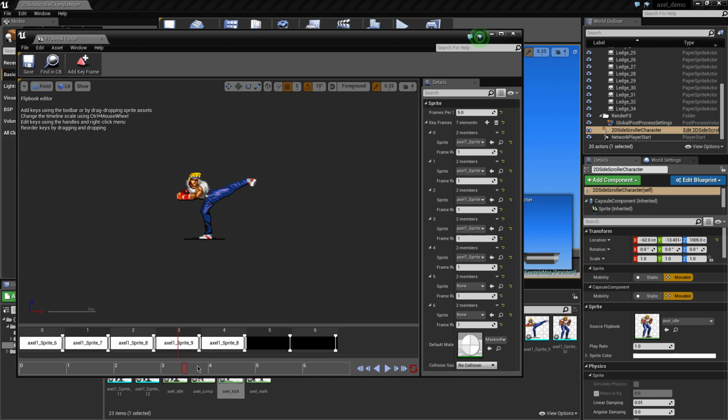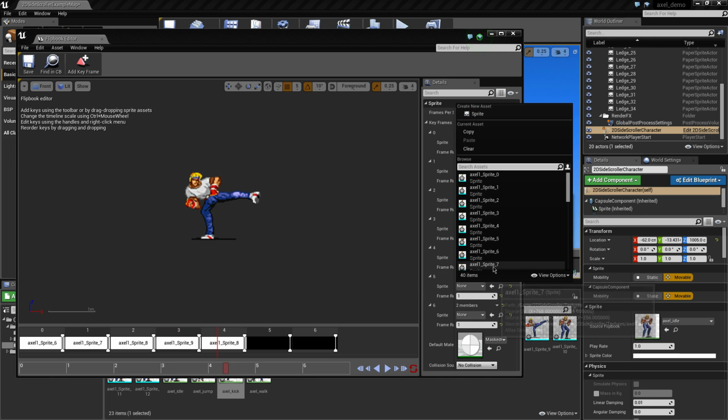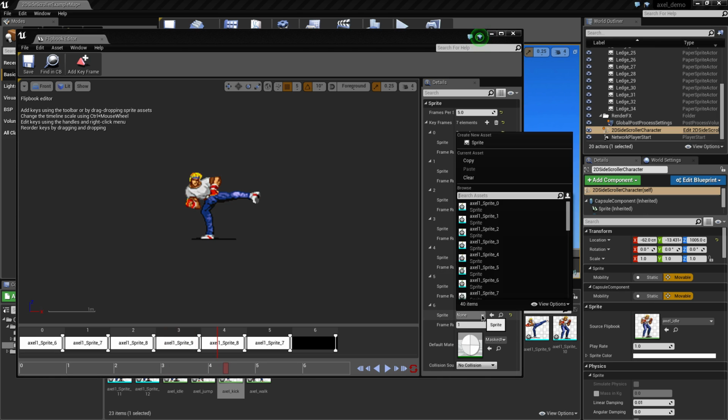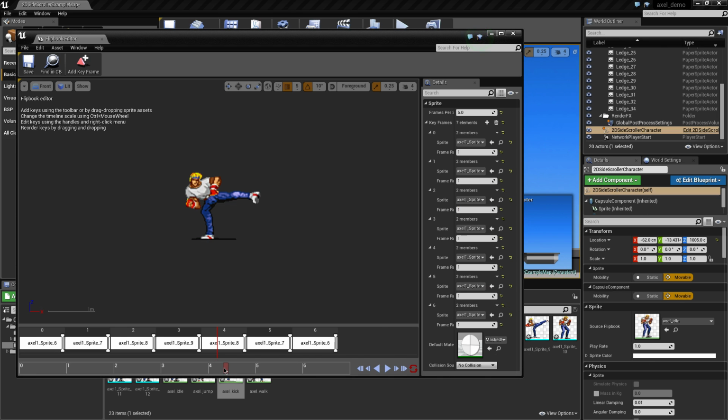We can just check this on here to make sure it works. That's it. Frame number 5 is going to use sprite number 7. Frame number 6 we'll use sprite number 6. So you can see his leg goes up, it extends, comes back down again, back to its starting point, much more smoothly than it was before. There you are. But we might want to kind of make it a little bit snappier. It's a little bit slow,